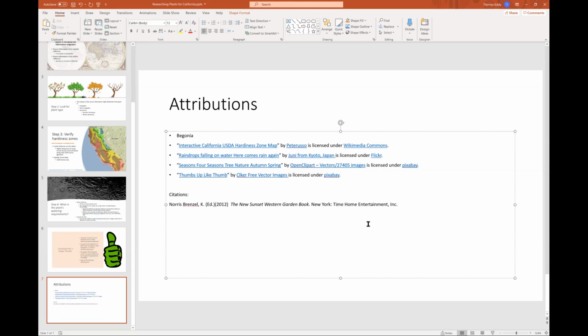Okay, so I just wrote the citation for Sunset. If you want to, copy this now and put it in, but I think I've already shown it, it's on the syllabus actually. So if you want to copy the information on the syllabus and paste it into your field guide, you've got your citation for the Western Garden book.